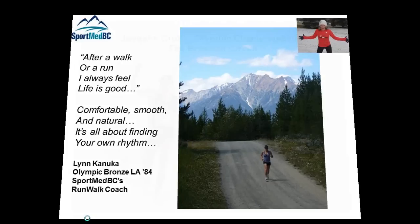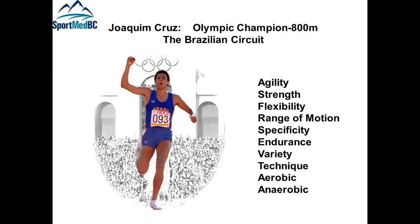body circuit. So it's inspiring because I had the good opportunity to train and live side by side in the Olympic Village with an amazing runner called Joachim Cruz, who still today is a runner just like me, coaches, trains athletes, and inspires young people in his life and passion today. But he was the Olympic champion over 800 meters the year that I won a bronze medal in the 3,000 meters in Los Angeles. Now, the Brazilian team, along with Joachim Cruz, of course, they were out there doing this